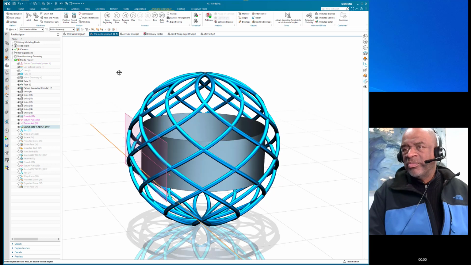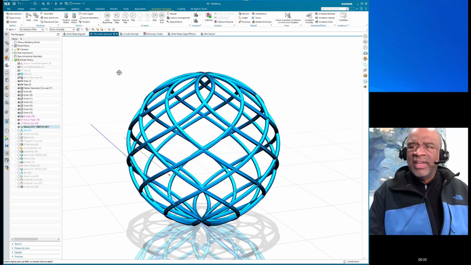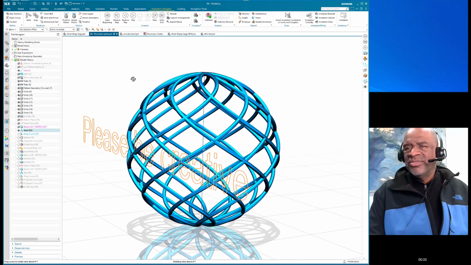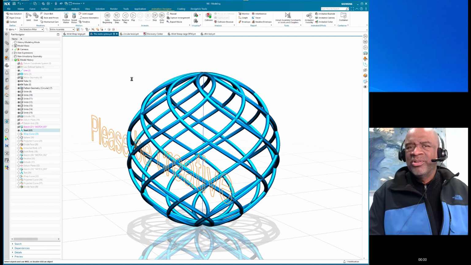I made some datum planes to write text onto. So here's my text. Please be creative. I wish everybody were a little bit more creative. To me, it's a huge, important process of solving problems in general. And I wish for a world where we had fewer problems. Anyway,